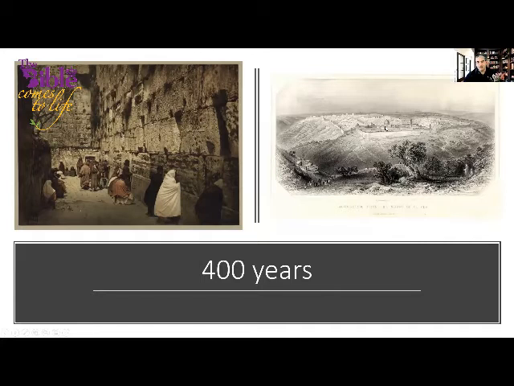When you look at the drawing, nothing really changed much in those 400 years. Basically, the Turks, apart from the beginning of their conquest in 1536, after they built the city walls, they didn't add much to Jerusalem. So a lot of the structures that you will see today in Jerusalem are not necessarily Ottoman. There will be Crusader, of course, they will be biblical, there will be Byzantine, there will be Mamluk, but not so much Turkish. This, by the way, is a view from the Mount of Olives to the city. If you go there today, you will see a completely different view.